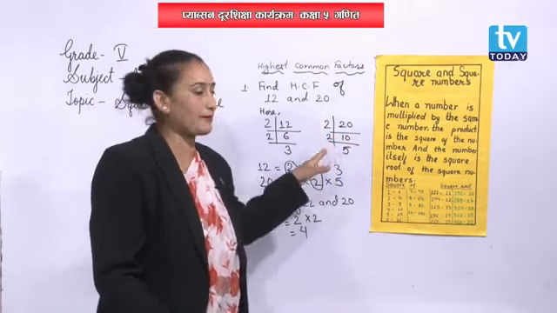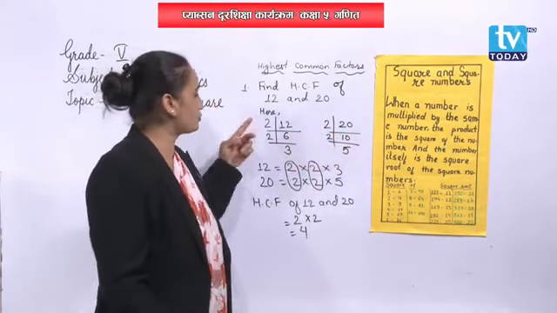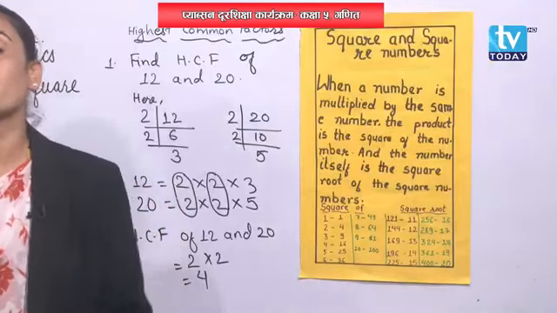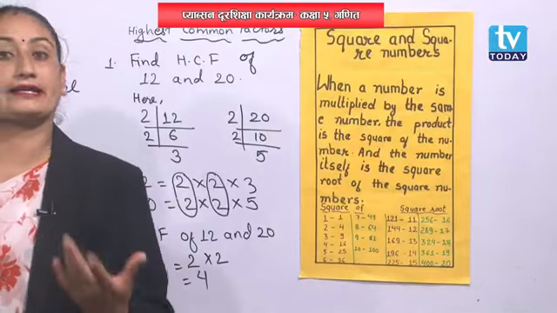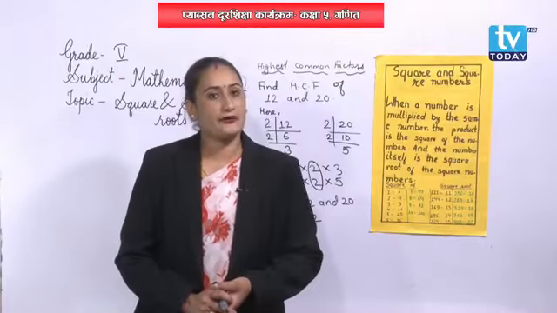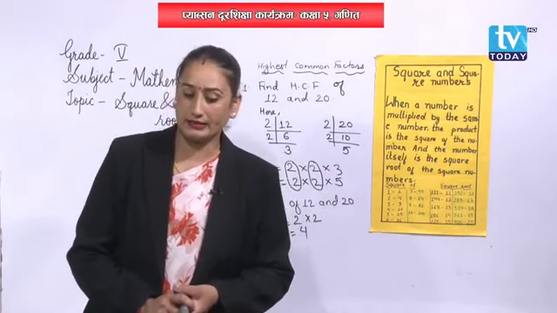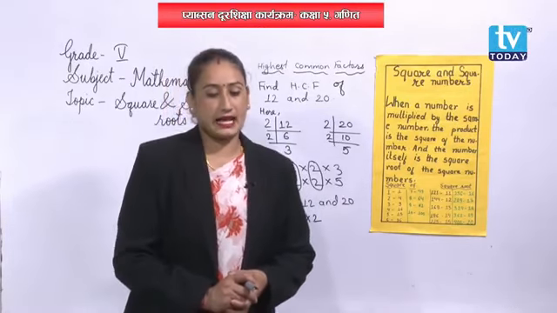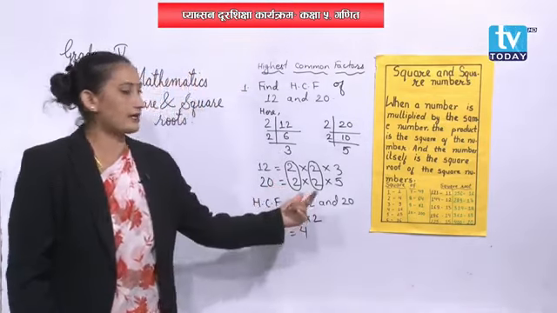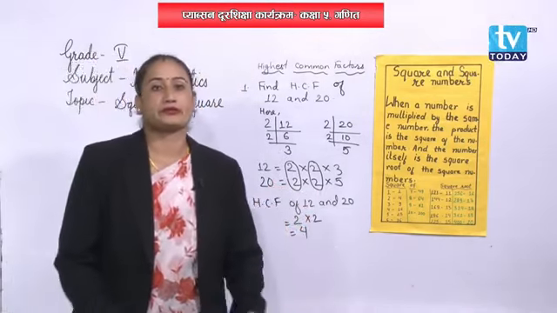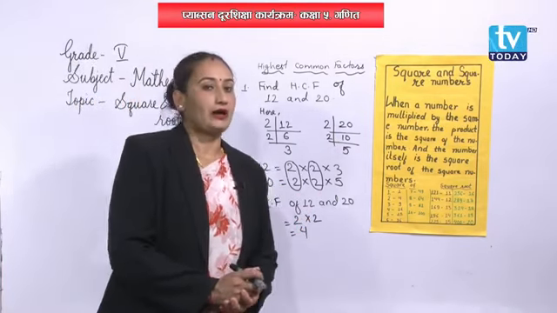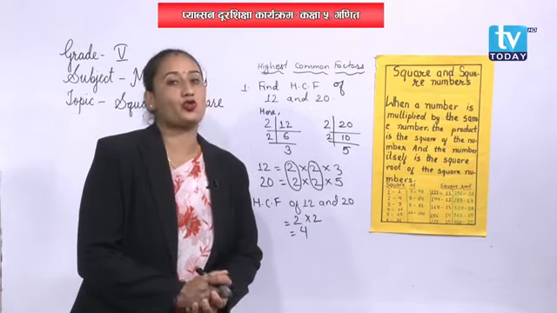Both sides 4 is coming, right? 2 is repeated 2 times and here also repeated 2 times. So 4 is the highest or greatest common factor. The common factor of 12 and 20 can divide them exactly, and the greatest common factor of 12 and 20 is 4. Can we write it? Okay. Now students, next question for you